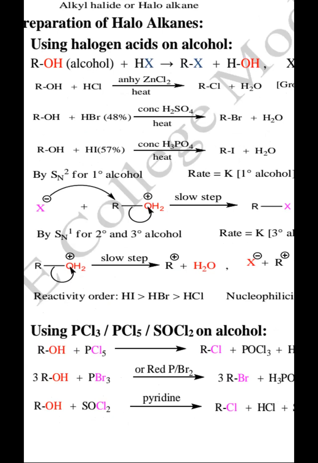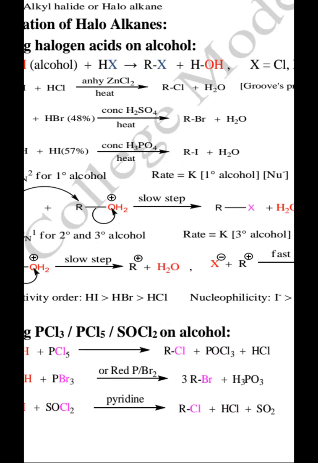In the first reaction, we see we have a pentahalide of phosphorus. The byproducts are different in each case, whereas the main product is the same, that is the alkyl halide. In case of PCl5, we get RCl as the product along with POCl3 and HCl. POCl3 and HCl are the byproducts.